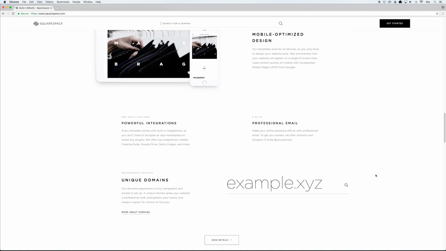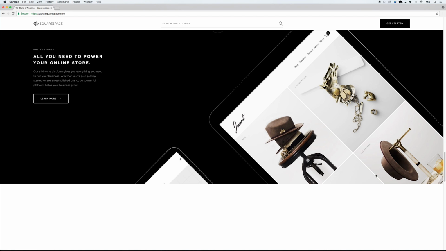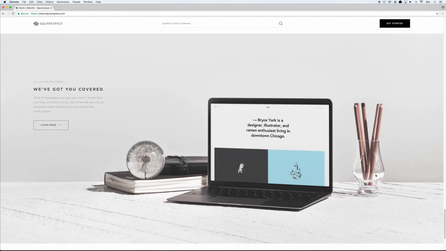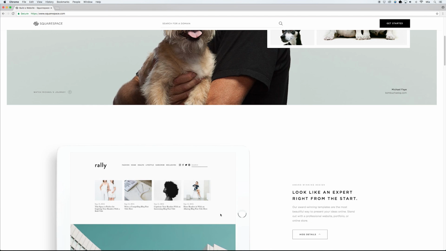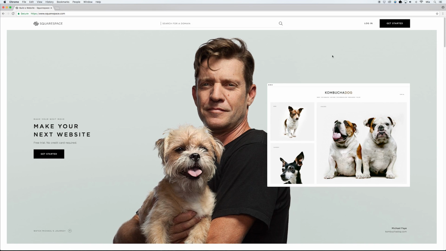Now, just going down, there's going to be a few other sections. And at the very bottom, there's going to be a large menu, and this is where you can access things like Squarespace's blog page and their social media, and you can also read up some more about the company. But I want to get started and show you how to build the website and how this whole platform works. So I'm going to go back to the top, and then I'm going to click on where it says Get